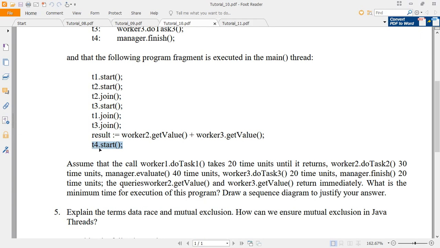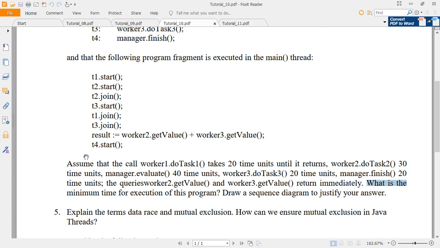Previously 60 time units plus 20 time units, all put together, this entire thread will execute in 80 time units. So usually, instead of an explanation, you can draw a sequence diagram with T1, T2, T3, T4, and for each the time spent. If you look at it overall, by the time the main thread completes, the time spent executing all 4 threads within the main method comes out to be 80 time units.